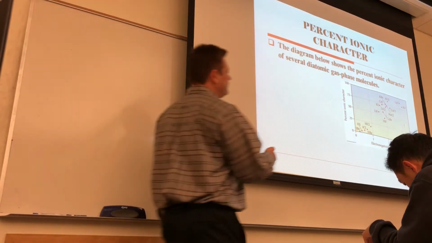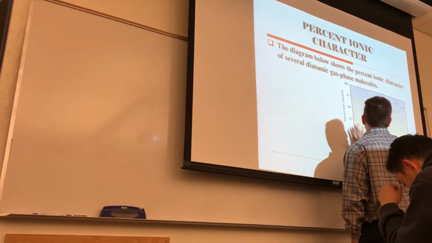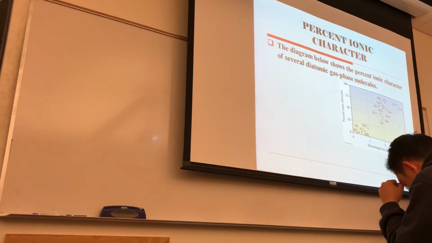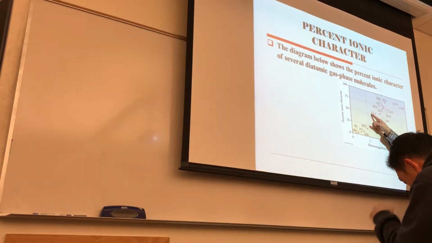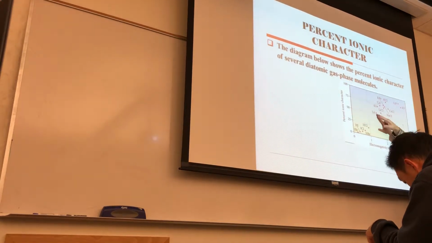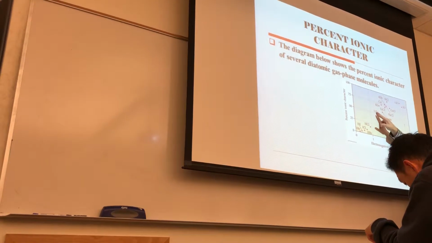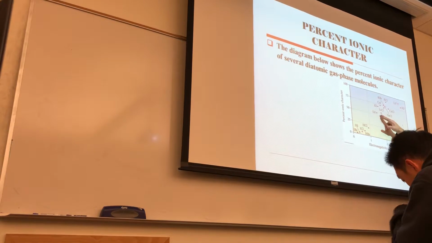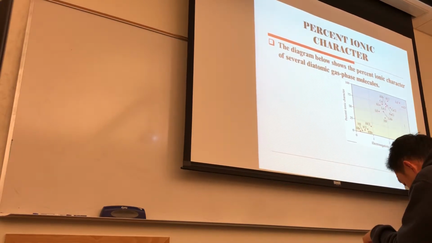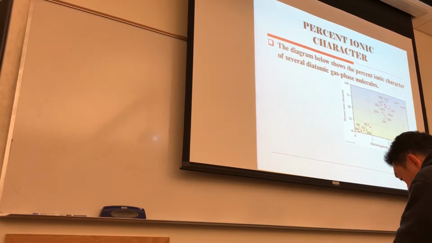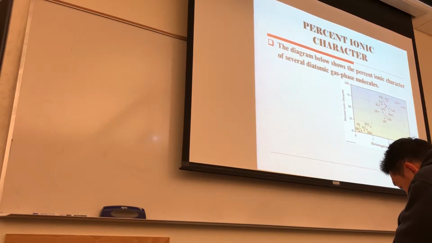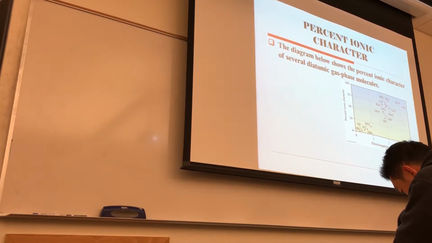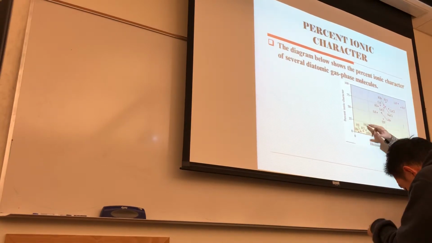And what I have here is the percent ionic character relative to the electronegativity difference. Usually you take a chart like this, you go across the 50% ionic character, and anything above it, this is where the LiI, LiCl, etc. are. Anything above this would be considered an ionic bond, if you have the electronegativities and determine the difference in the electronegativities. And then anything below this would be considered